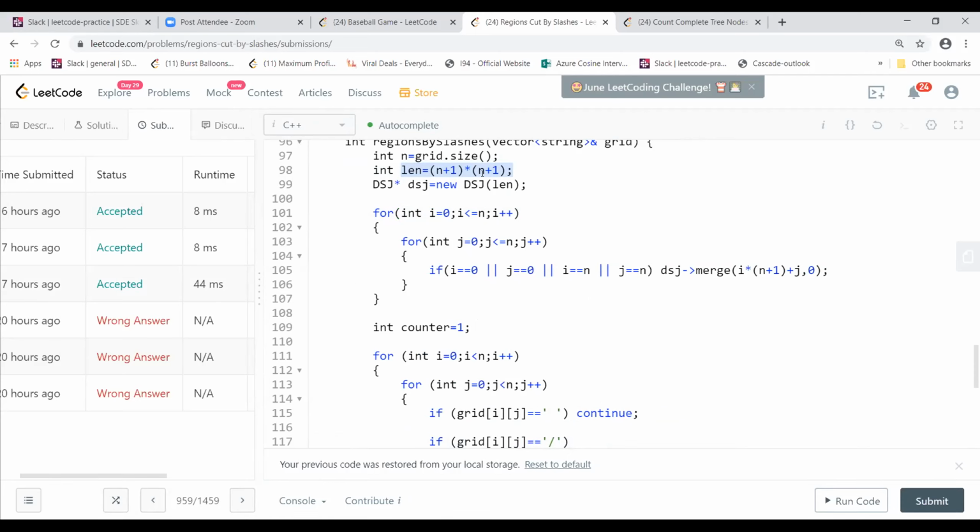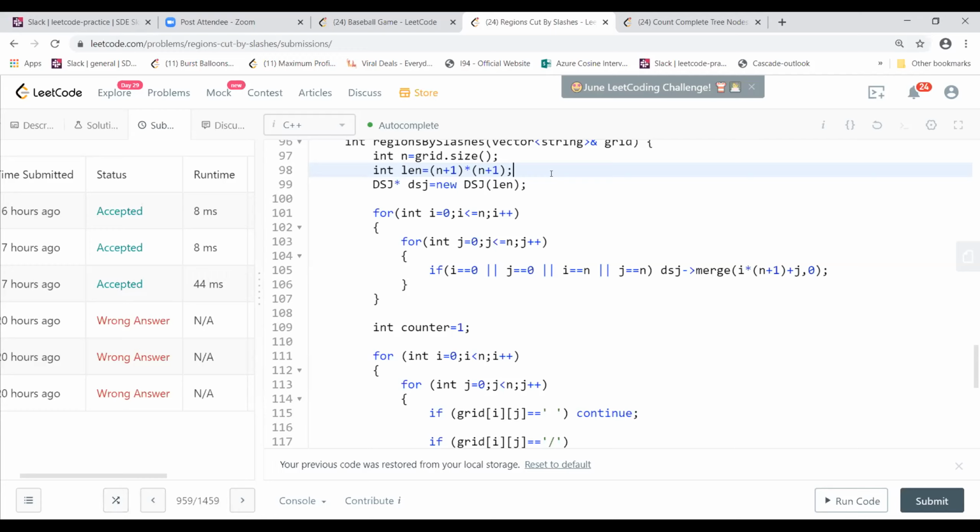The reason I'm doing this is because I showed you that for each and every slash or backslash, I'm taking two coordinates. For that, I need an extra row and extra column. Someone asked why we are adding the extra 1 in n plus 1 by n plus 1. It's because for every backslash we want to compare, we need two cells to see if they're connected, and therefore we add only one column and one row.